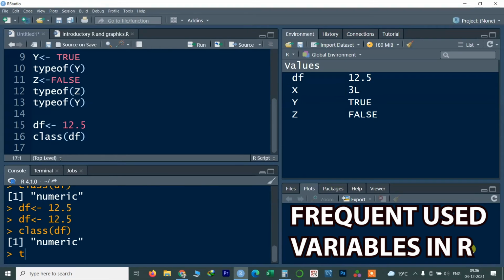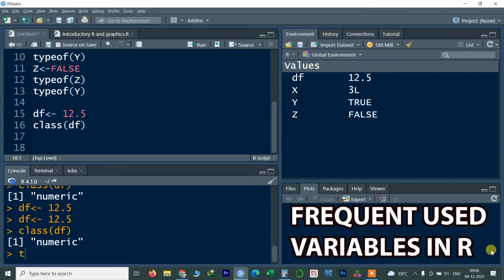In the console it will show it is numeric. Likewise, if I want to add a complex number, which is quite used in algebra and calculus, I will give a vector called fg equal to 3 plus 2i.